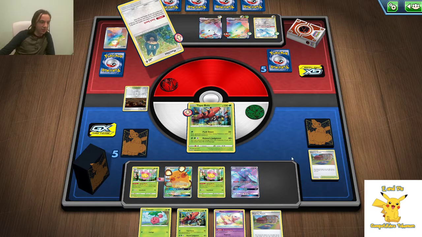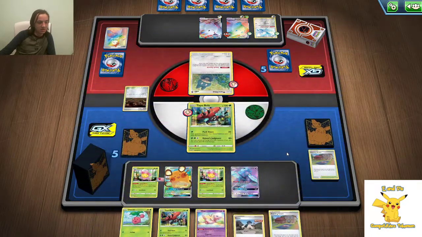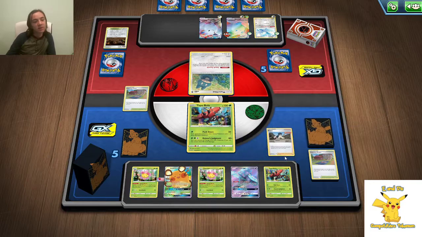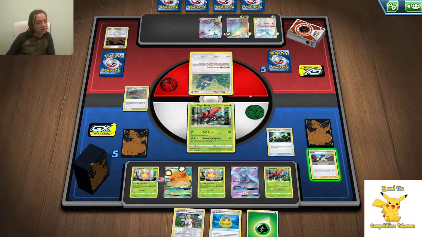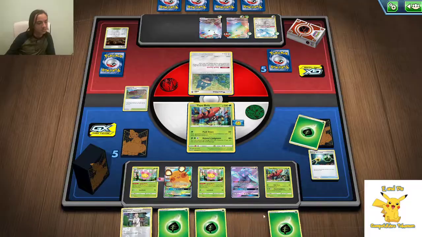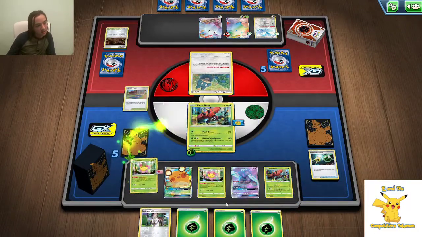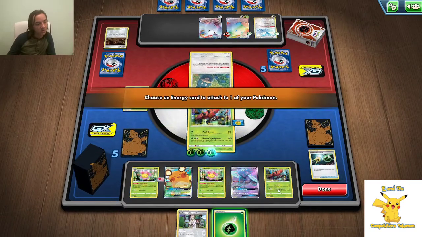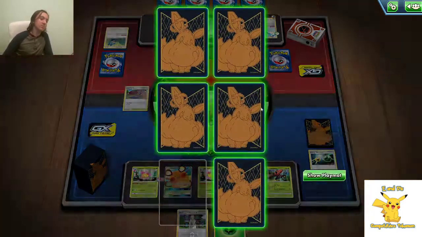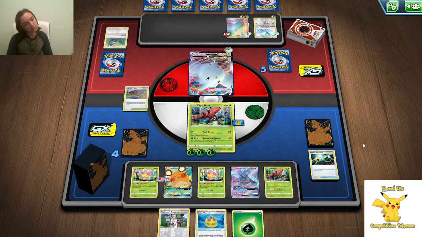We can't really do very much, unfortunately. They put an energy on top of the deck. That's fine. We do top deck Bruno. Bench Bulu. Hopefully we can find an Energy Retrieval. We can. Very nice. And our last card in hand is going to be a Professor's Research, which is solid. I'm going to hold off on attaching this last energy. Nature's Judgment. No, we don't want to do that. I guess there isn't too much reason to not do that, but I guess...